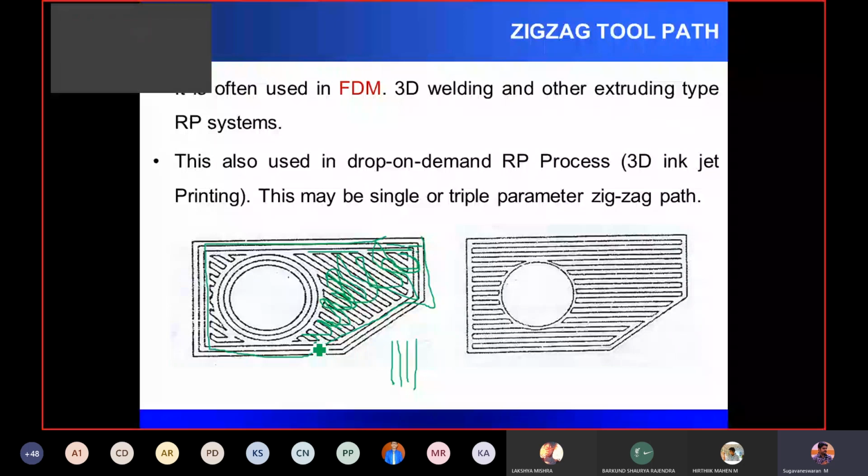What is FDM? You have a filament melted and deposited continuously. So at each and every line you cannot deposit a material, then cut the filament,